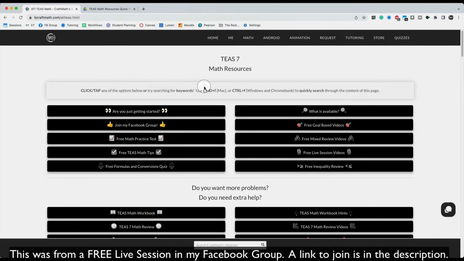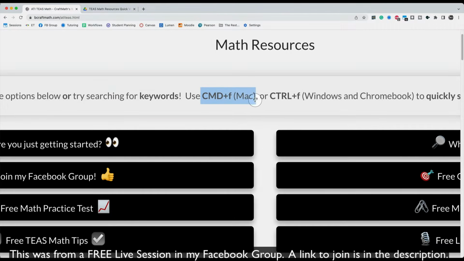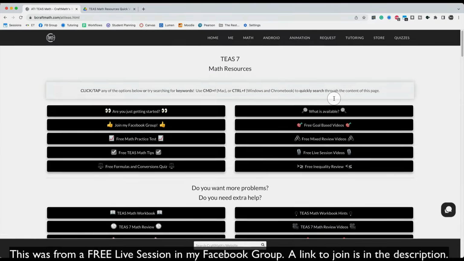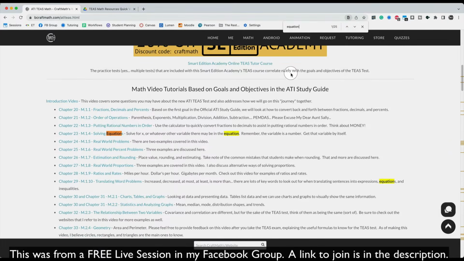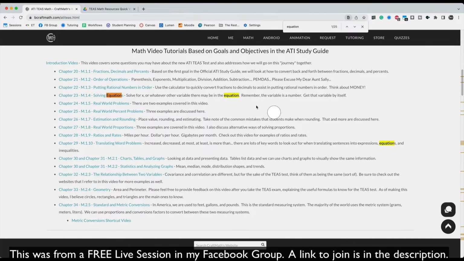So on any MacBook, if you hold Command plus F, and this is at the top of my website, or on a Windows or Chromebook, it's Control plus F. Now, if you're on an iPad, tablet, or some other device, you'll have to do a different type of search. But if I do that up here, it pops up a search bar. And this works on any website. Any website, Facebook, or some other person that you're getting some resources from, any website. And if I type in the word equation, this is going to highlight that word equation